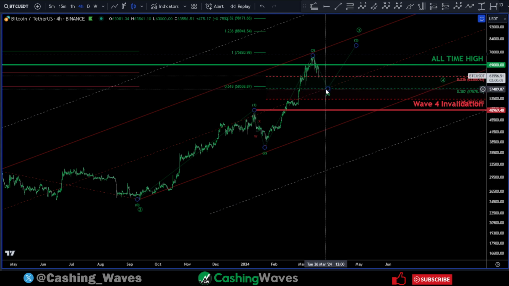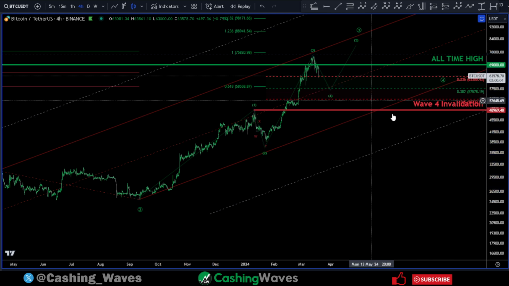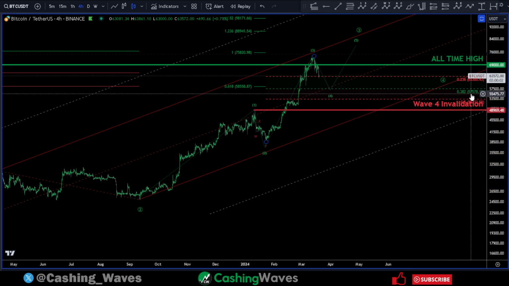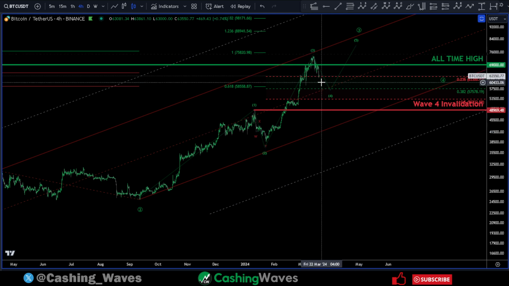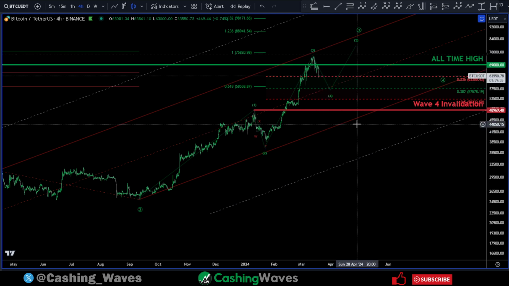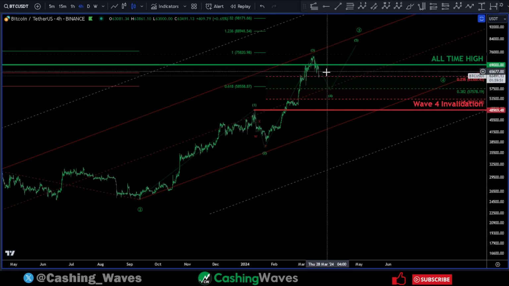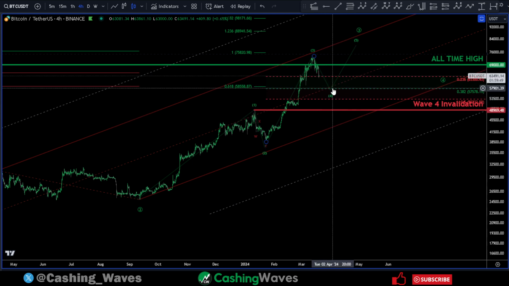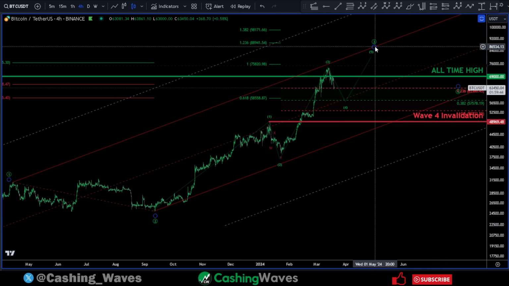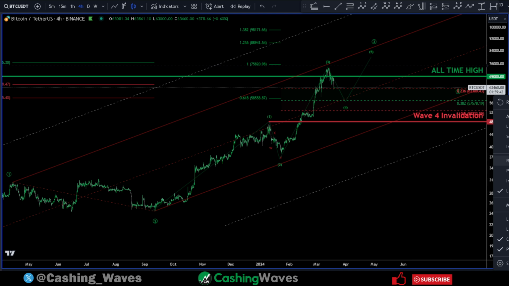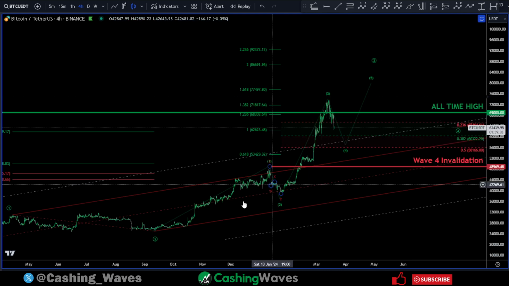So ideal areas we would find support is around the 1.382, right, which is at 57,578, which is a long ways away from where we are right now, about a 1-to-1 if we get a correction as a WXY from the high. But that would pull us to this larger pitchfork from our larger 1-2 in the middle, and then we would anticipate our third. Now what I don't like about this is we only hit a 1.382 for our third wave